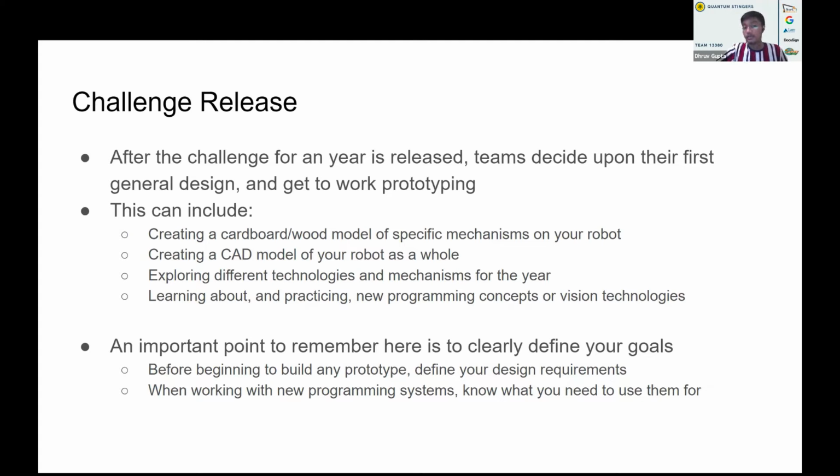to get done. Before you start building the prototypes for any part on your robot, you need to define your design requirements. If we go back to the catapult example from earlier, you need to define how far your catapult needs to be able to throw. You need to define its size, you need to see how much space it can take up on the robot. You need to define how many motors it's going to use. There's lots and lots of specifications, and you need to make sure you have them all down.